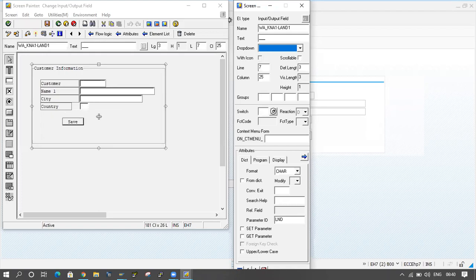If you click on that down arrow mark, I want to display a list of possible values in a list box like this. In our case, we have to display like IN India, D Germany, CA Canada, like that. Now I'm selecting list box here. So you can see a down arrow mark is coming here.